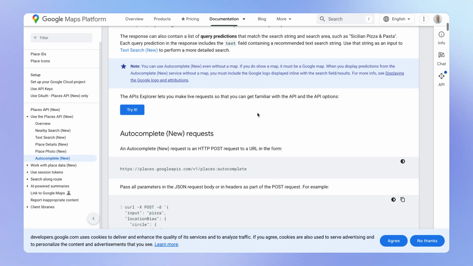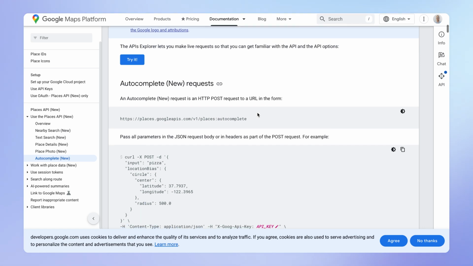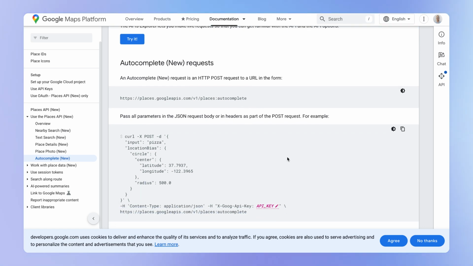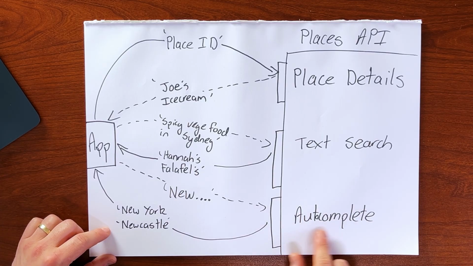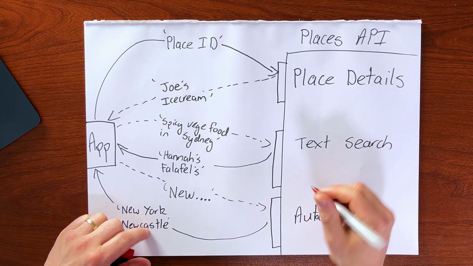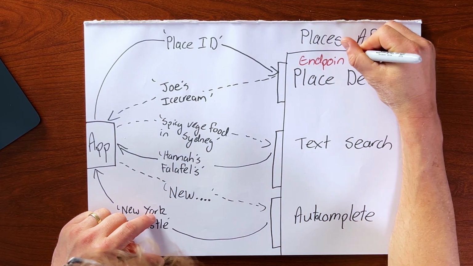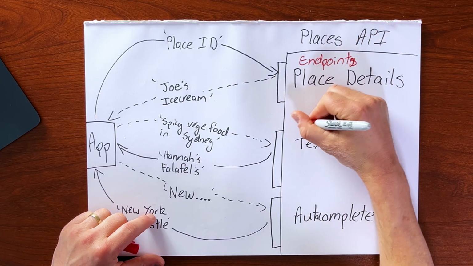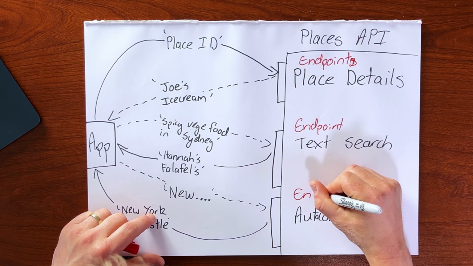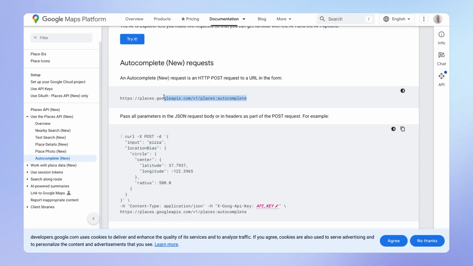And in particular, you'll usually find in the API documentation somewhere a section that looks like this. So this first part, to start with, is the address for this autocomplete service out on the internet. In fact, these services you might also hear called endpoints, right? This is one endpoint, this is another endpoint, and this is another endpoint. An endpoint is literally just jargon for a URL, a website address out on the internet where we can access